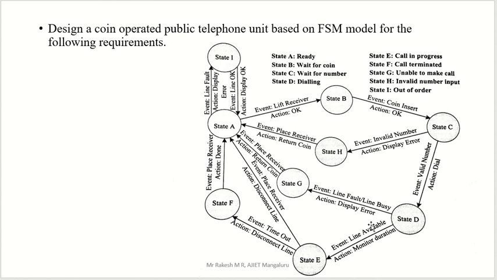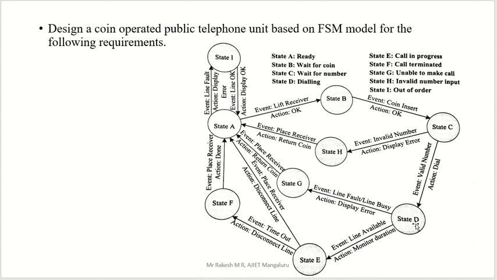If the line is available, that means if that person is busy, then you won't get the line, right? If that person is busy or there is a line fault, then you won't get the line. That's why if the line is available, on that side also the user is free. Destination side user is free means you get the line. Line available means monitor duration: start monitoring the duration of the call. That is very important. Action is monitor duration, event is line available. Line available means it goes to call in progress and starts monitoring the duration of the call.